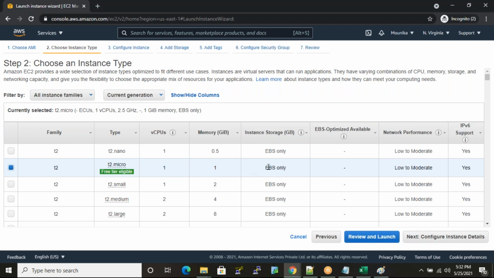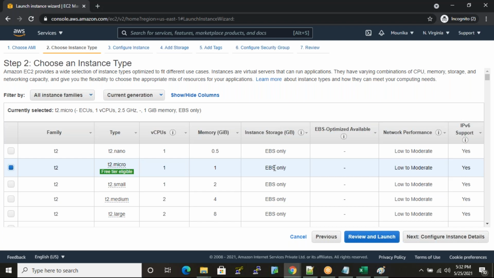And this storage type is EBS. EBS is nothing but Elastic Block Storage. That is the permanent storage in AWS cloud computing. In physical terms, hard disk is the permanent storage, RAM is the temporary storage. But from the AWS point of view, EBS is the permanent storage, instance storage is the temporary storage. That is the main difference between AWS and physical terms.